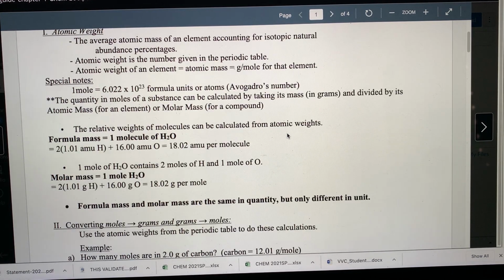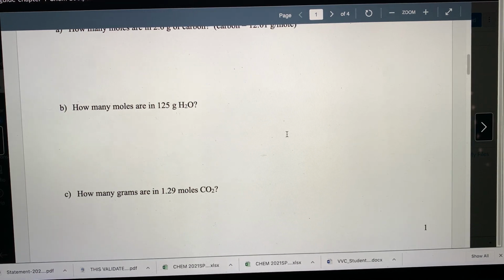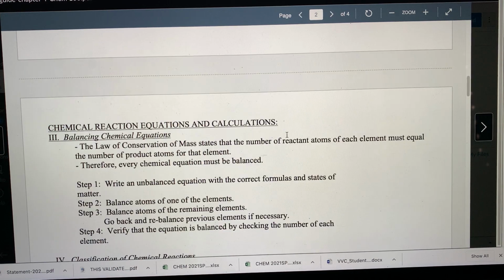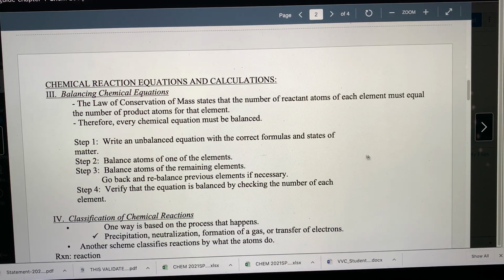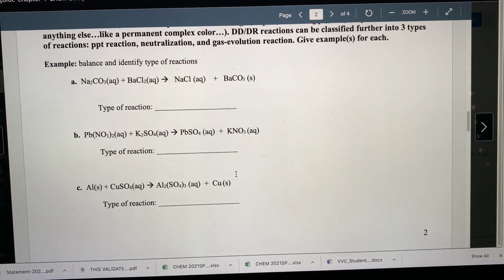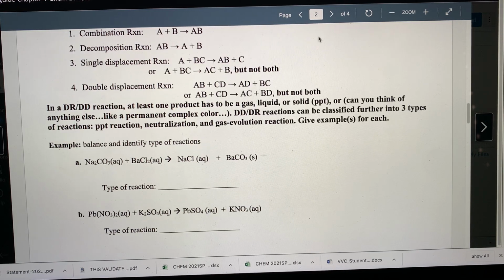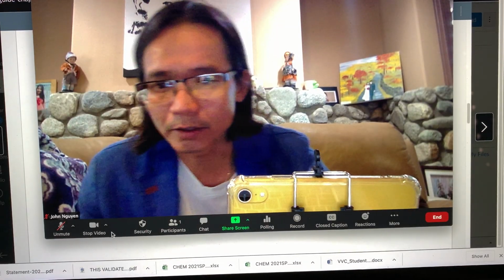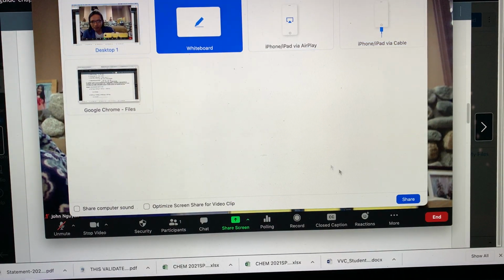Okay, so those are the mole concept, converting gram to mole and mole to gram. That's one of the important parts of this chapter. The second important part is the chemical calculations. But before we do chemical calculations, we need to know the chemical reaction equations and writing equations. You write equations, there's a reactant side and a product side, and you balance it. You make sure they balance. Okay, so now I'm going back to the whiteboard, and I'm going to show you the